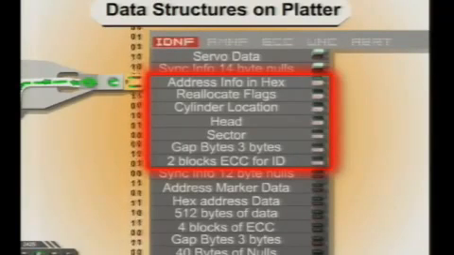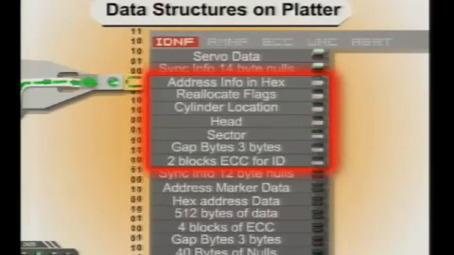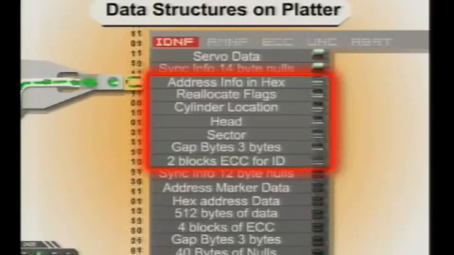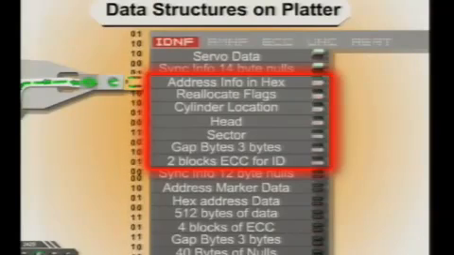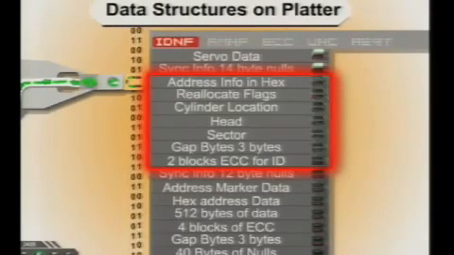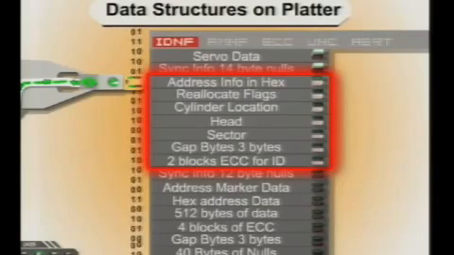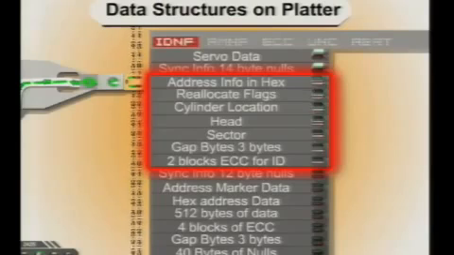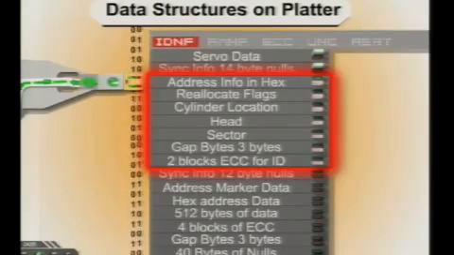Then you'll see 14 bytes of null, and the 14 bytes of null are there because as the drive encodes data and puts it onto the platter, if it doesn't have a break, it can't tell where something begins and something ends. It would just always be high, because the bit that passes underneath it is always going to cause the hard drive's head to say, hey, I've got a bit and I don't know what to do with it. So they came up with a sequence of bytes that are going to be null just to give